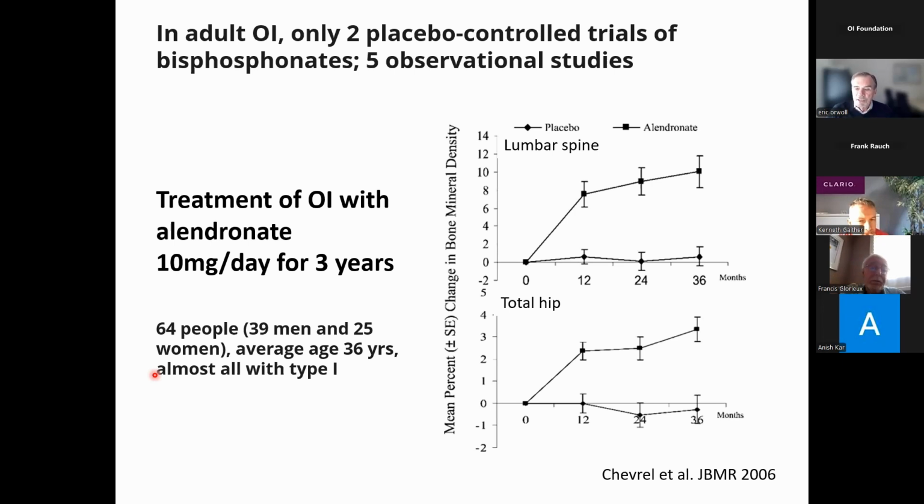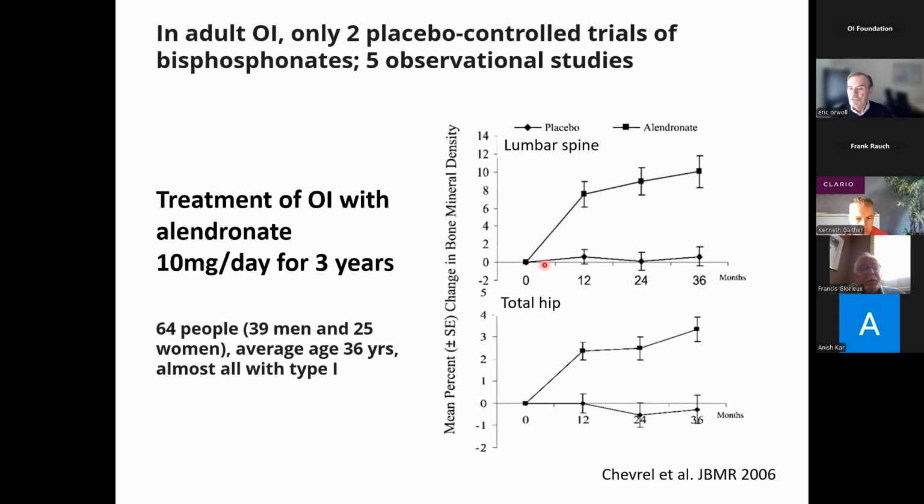All of them are limited by small size, short follow-up, and not a lot of power. This is an example of a placebo-controlled trial of alendronate in adults with OI, 64 people, average age 36 years. Almost all had type 1 OI. Here I show you the change in lumbar spine bone density in the people who received alendronate